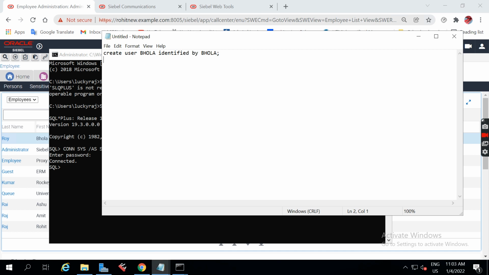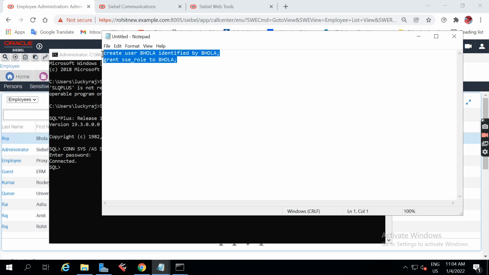And the second command is grant SSO to Bhola. Create user creates a user with the name Bhola, identified by Bhola, which is the password, and grant SSO to Bhola.